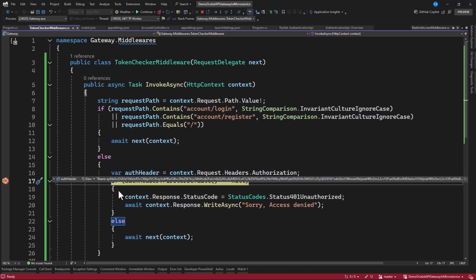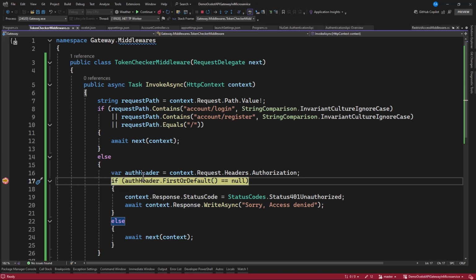And as soon as we have the token, we can go ahead and execute this. So you can see this token, we are not doing anything. We are not checking this token. We are not verifying. We're not doing anything. All that we are checking here is, if it has a token, give it the green light. You can go beyond this. You can go further by extracting even claims from this when you add claims. And now based on the claim that the user has, you can allow the user on a specific endpoint and more.